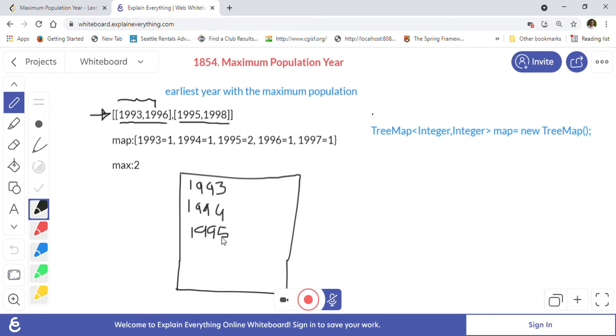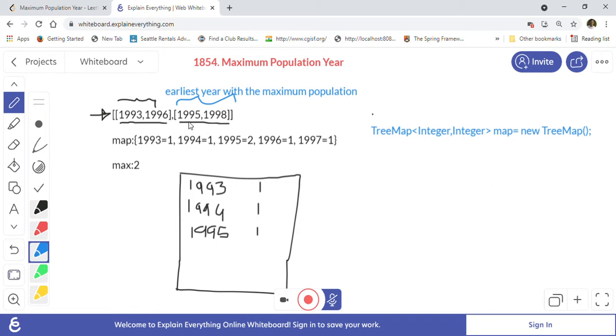So we are only counting these three, and we will keep track of how many people are alive in that year. Right now only one person, right? Now after this one is done, we will get the second person. Again we will start iterating from 1995 and go until 1997, and we will check in our TreeMap. If there is any entry for the year, then we will just increment it, otherwise we will add a new entry.